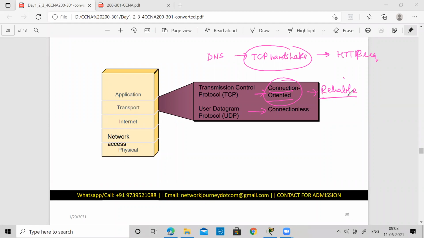When I say reliable, it means there is an acknowledgement to whatever I send, and there is a feature of retransmission. So I send some message, and you give me an acknowledgement that yes, I have received this information. So you are being very reliable.